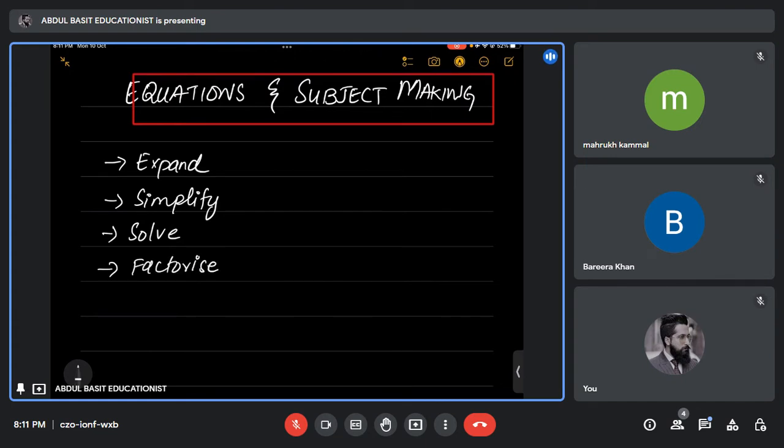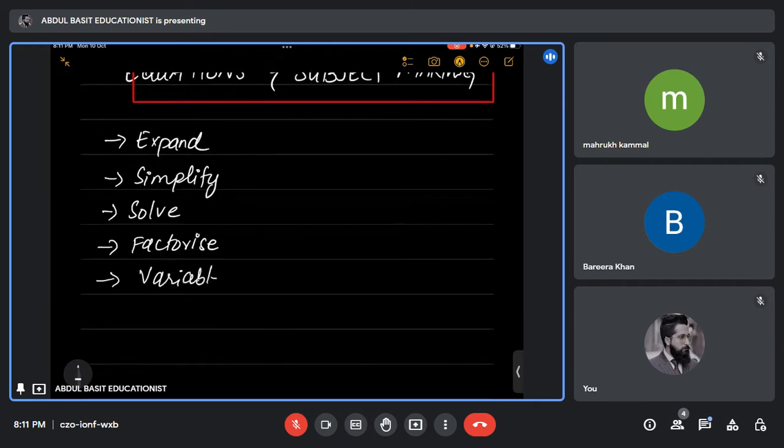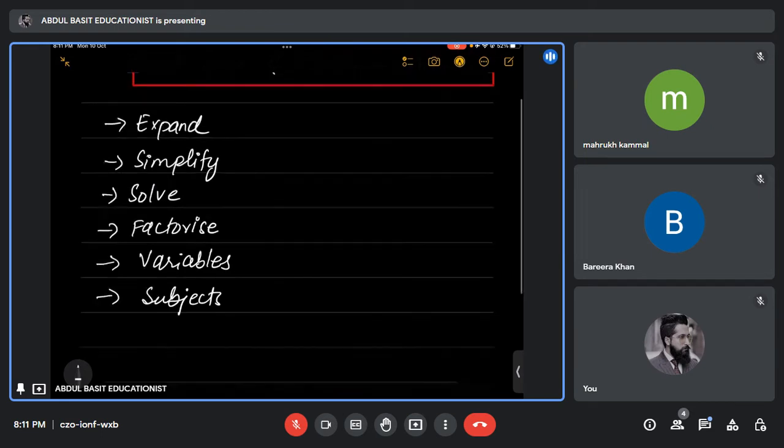So we'll be discussing these words in our lesson, and we must know what variables are, what subjects are in terms of equations, and linear equations. If you understand linear equations, then you can solve quadratics and simultaneous equations in Cambridge,